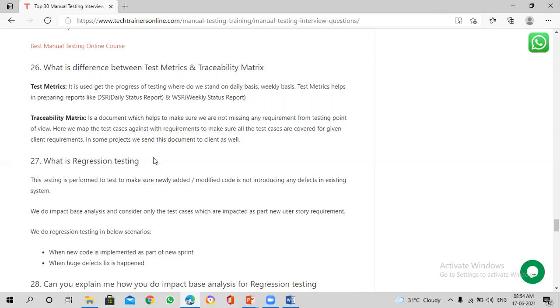Let me give an example. I have a sprint one, okay? And I have two sprints. In sprint one, I have 5 requirements. In sprint two, I have 5 requirements. So I will call it Samsung version 1 and I will release it to the market. End users started using the market with version 1, S1. Let's say S1 is the version.